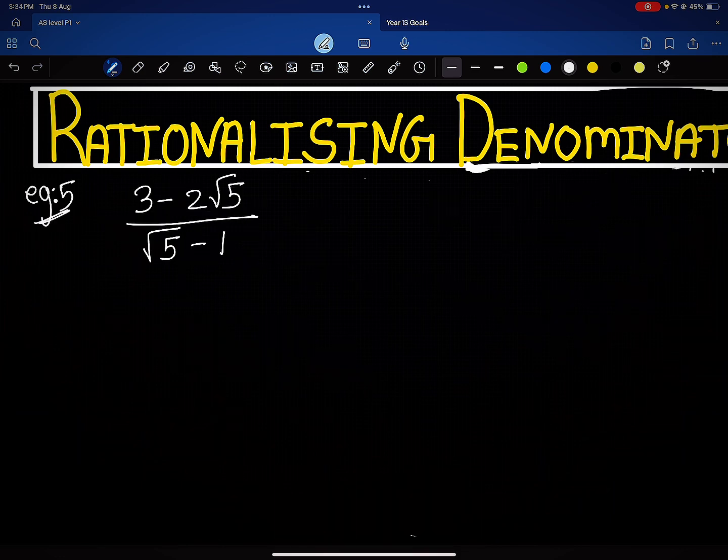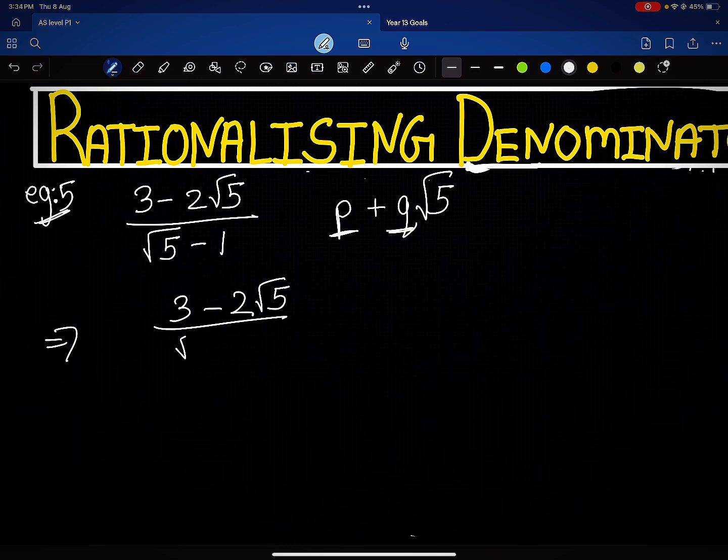Now if you have read the textbook, this is an exam practice kind of question, and you need to rationalize this to get something in the form of p plus q root 5, where you'll be asked to find the values for p and q. Now this is once again really simple. I've seen several of these questions in the exams, so we'll just start by rewriting the whole thing,